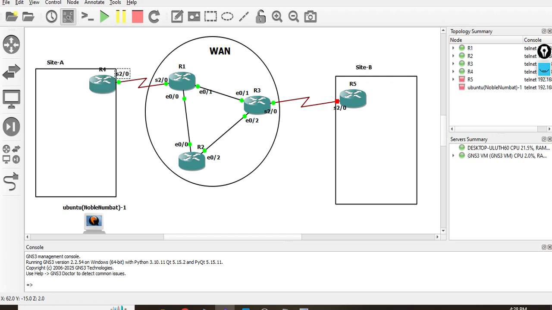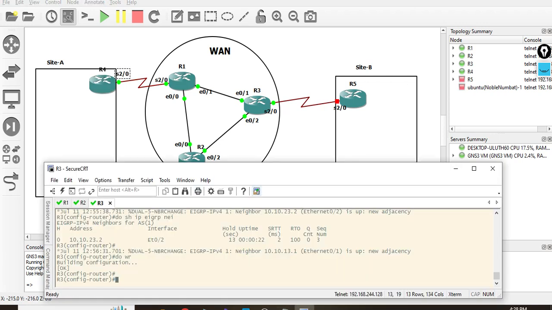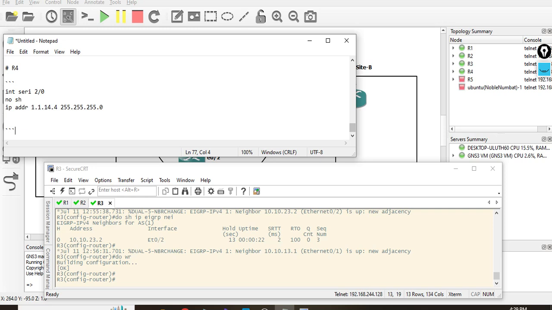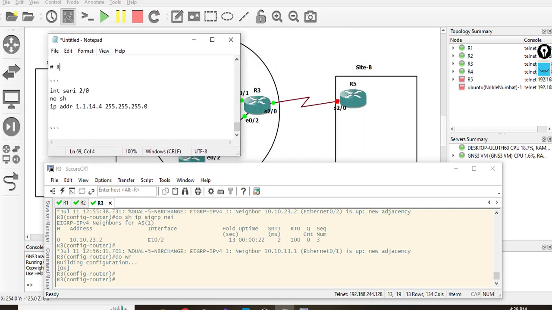I want to choose 1.1.14.4 here, 255.255.255.0, and for R5 here, R5 serial 2/0, 1.1.35.5. Okay,